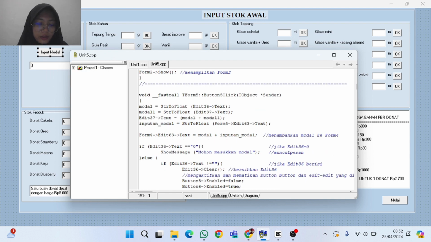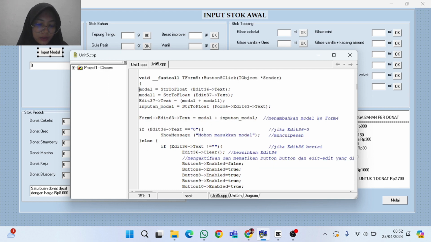Here I declare the capital is edit 36. Capital 1 is edit 37. Capital 1 is capital that can be deducted after buying stocks of ingredient and toppings.